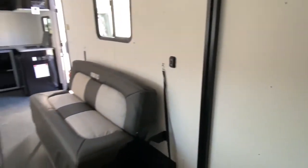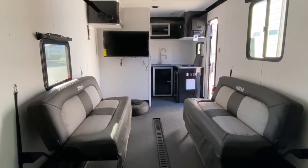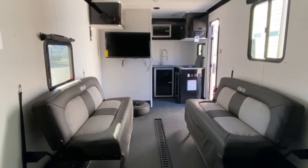There's also vents, one up front and one back here. These vents allow you to, when you have them open, when you're running down the road and you have a side-by-side or something in here, you can air out the space so that it doesn't smell like gas when you